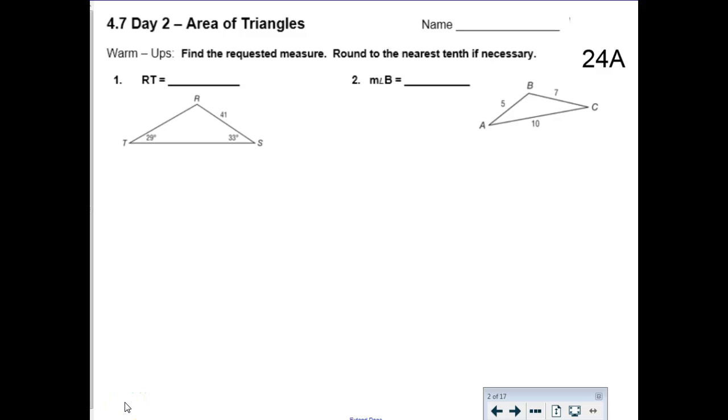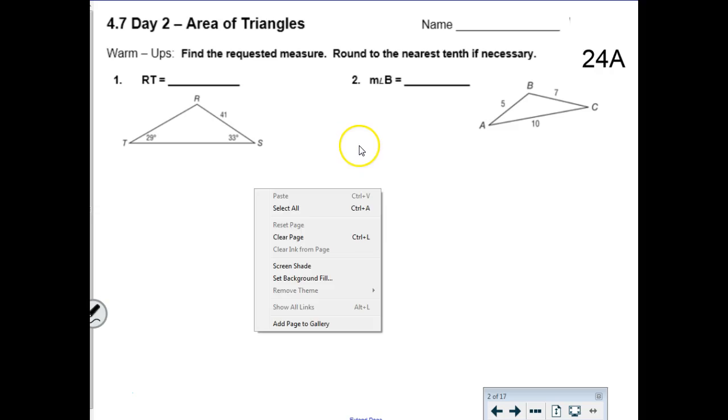Right, so make sure that your calculator is in degree mode for law of sines and cosines questions. And these first few questions are a review of law of sines and cosines from our last lesson. So just to warm up and help our people who are not here, we have a triangle that's drawn for us,